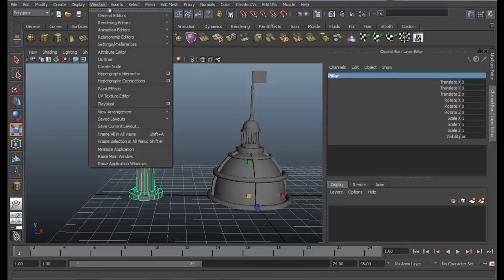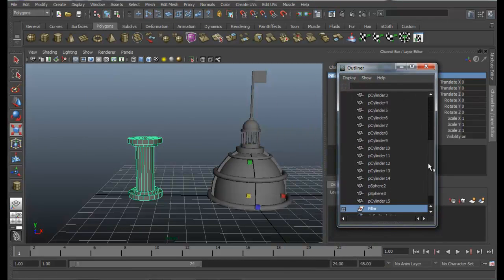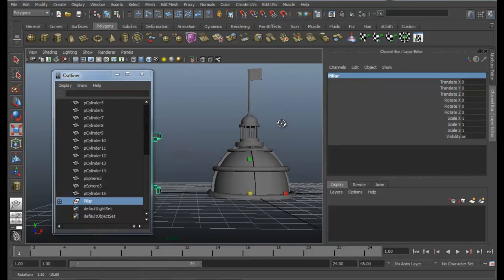And if you go to Windows, Outliner, you can see a whole bunch of objects that you have created until now. So later on you are going to have a lot of objects, so it will be very messy. So let us go ahead and keep on managing things from the beginning.